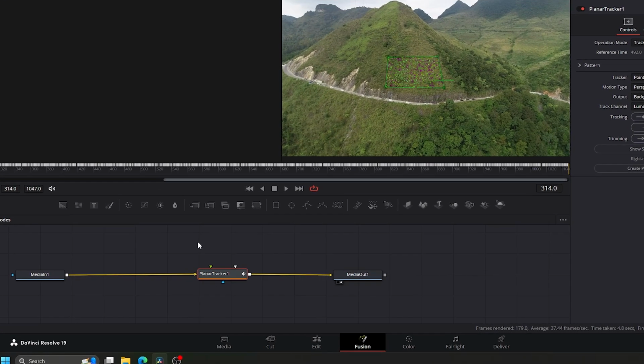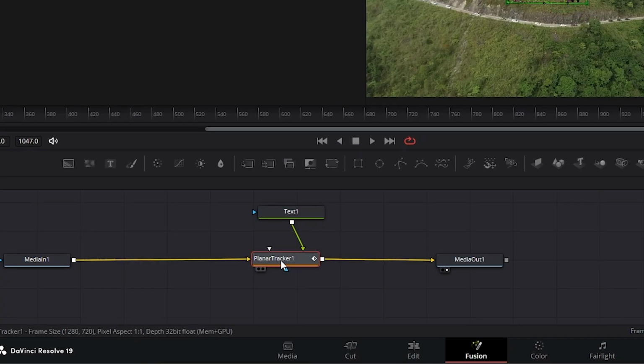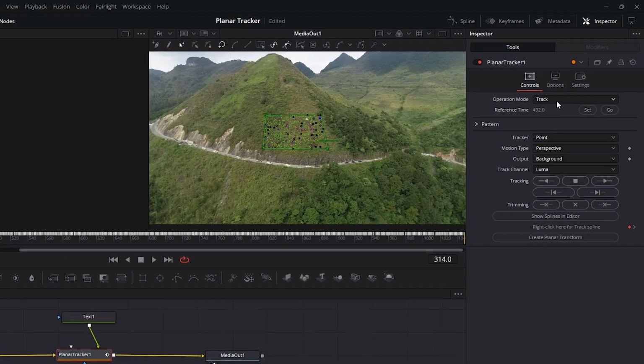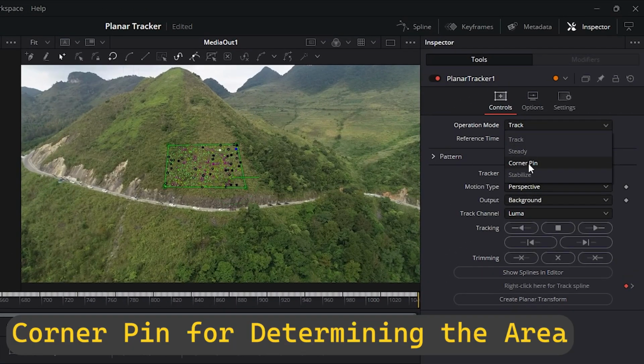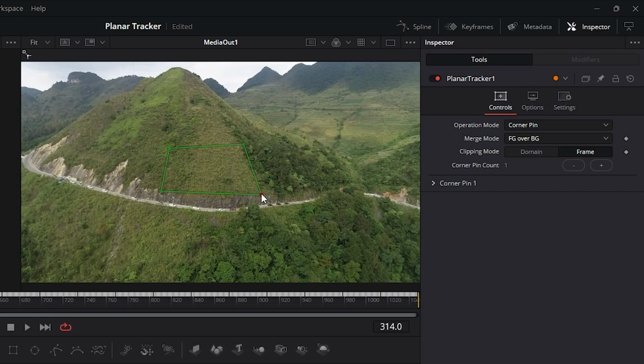And now add a text box and connect the text box with Planar Tracker 1. And now from operation mode select corner pin, and with this you identify the area within which the text will be visible. If the text is bigger than this area, the text will be cut out. And this is my area,